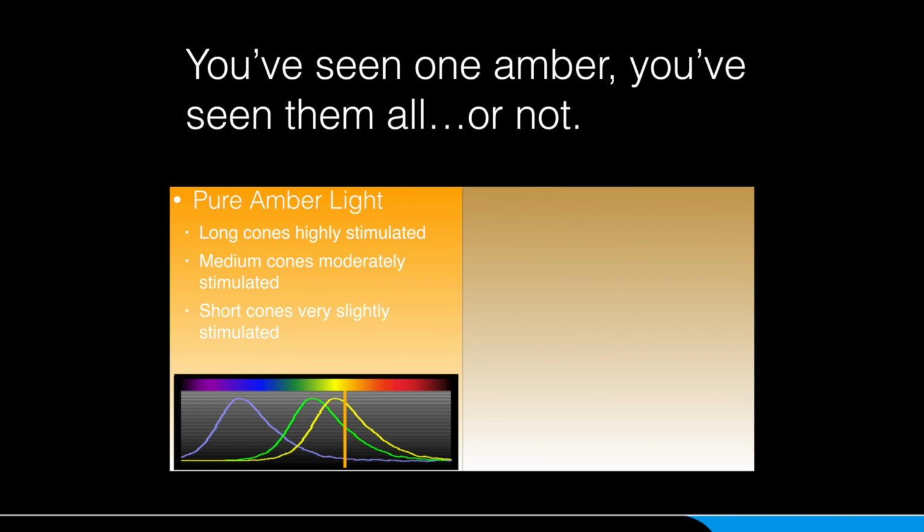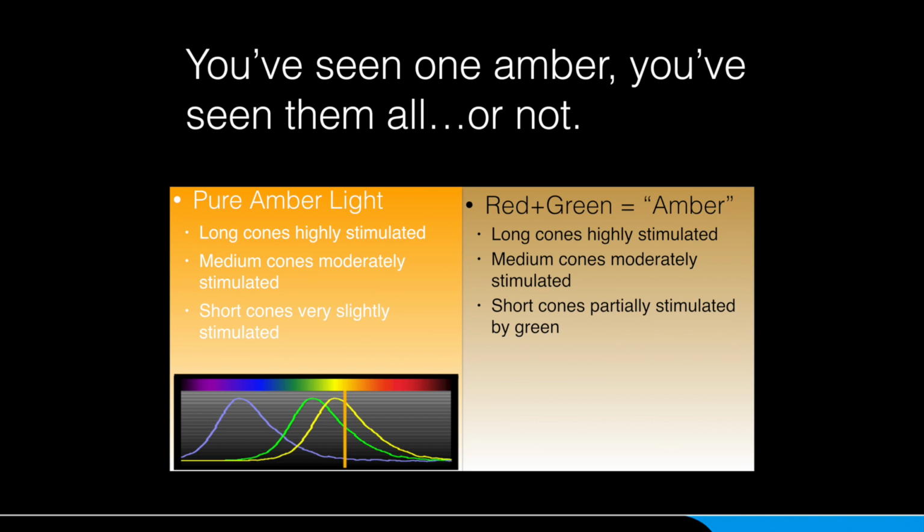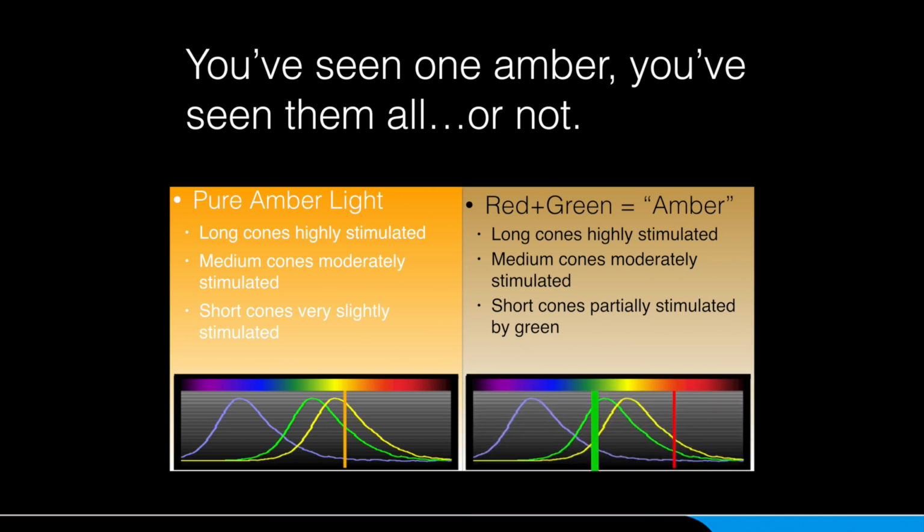If I have a red, green, and blue LED, an RGB LED, the way I make amber is to mix red and green. And it may look kind of like the same amber, but it's not quite the same, and my eyes aren't reacting quite the same. So now not only do we have amber, we have an amber made by 2 different ways, and I have to understand that if I'm using LEDs as a stage lighting tool, if I'm using LEDs to light skin tones